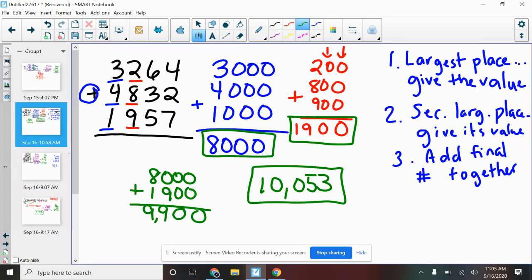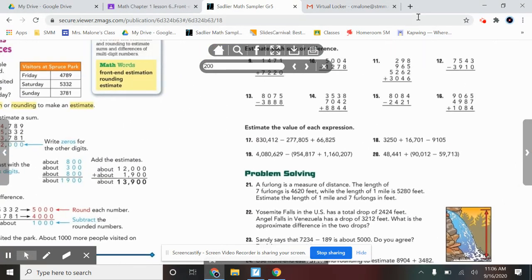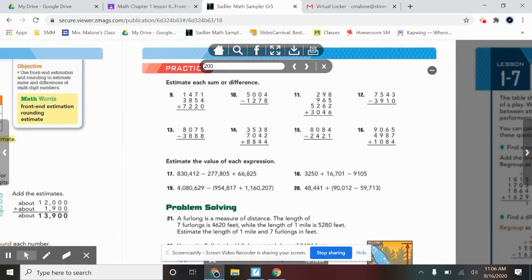Okay? So if the book gives a direction, here's what happened last night. The book gave a direction for these first problems right here, and the direction said estimate each sum or difference. What kind of estimation did you learn to do yesterday? Everybody? Front-end estimation. So for homework last night, these problems you should have solved using front-end estimation, because that's what we learned in class yesterday. It didn't say to use front-end estimation, but your brain tells you that